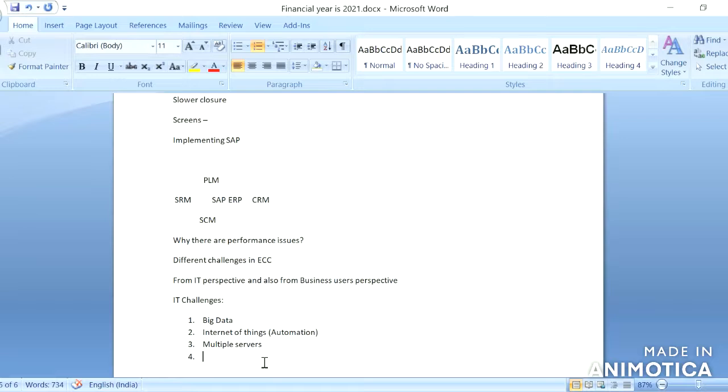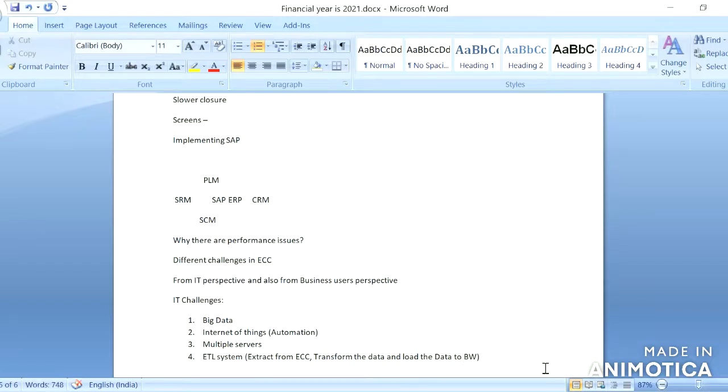There is another integrated process which we use for extracting data through BW, that is the ETL system. It is nothing but extracting the data from ECC, transforming the data and loading the data to BW.